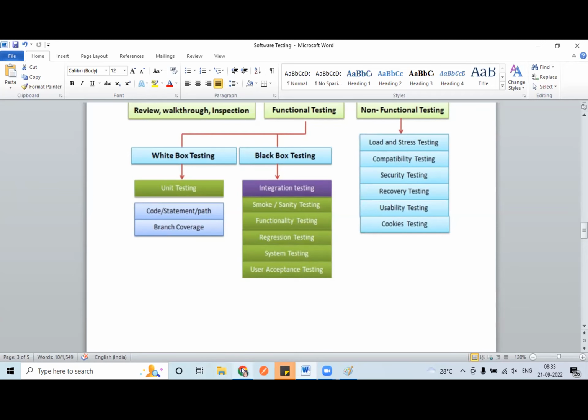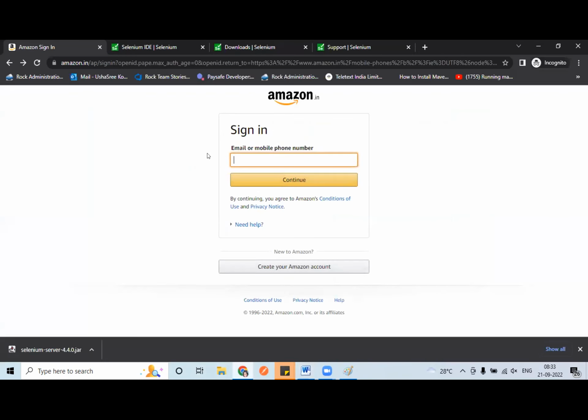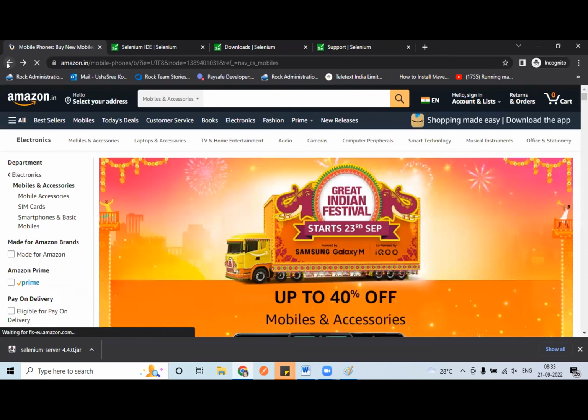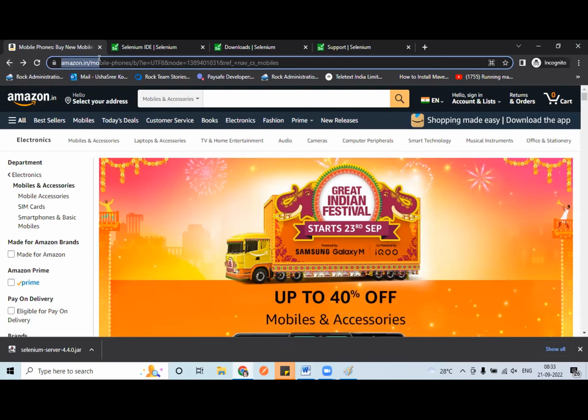For example, here you are seeing the Amazon sign-in, right? This particular Amazon is for the public. That means I can access it, you can access it, all the customers can access it. For the same website, there will be another website called a UAT website. Only Amazon guys will have access to that particular UAT application. They'll be testing a complete duplicate website with a different URL, and only Amazon guys have access to it. Once everything works fine in the UAT,